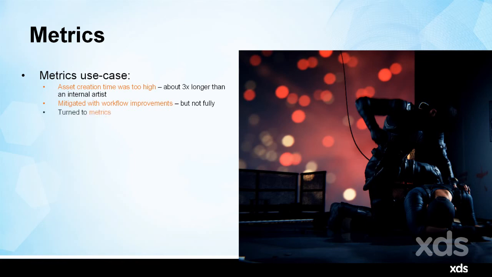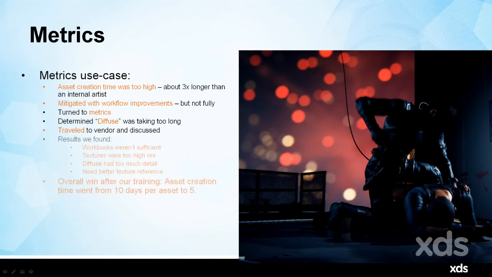So we started looking at our metrics in terms of what was the vendor doing and what were we doing and what was the delta. We determined that diffuse was taking too long for them, but we didn't know why. So we actually had an outsourced training trip happening, so we went to the vendor to speak with them about that. So the results we found,